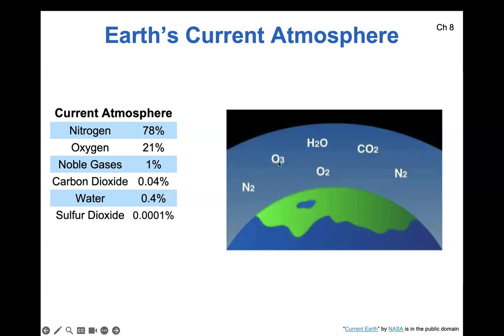Notice there's O3. Well, that's also oxygen. So both the O3 and the O2 together contribute to the 21% proportion here. But the O3, we don't call it oxygen, we call it ozone. It's the ozone. It's not the kind we breathe. We can't survive off of ozone. But it is oxygen, and it could be split into breathable oxygen pretty easily. But it's not on its own.